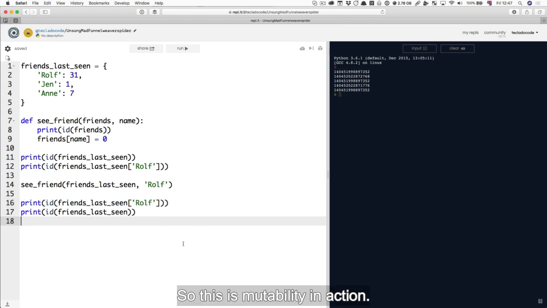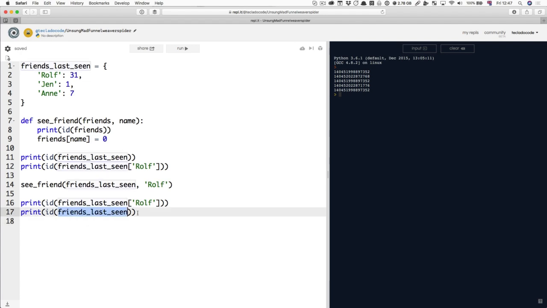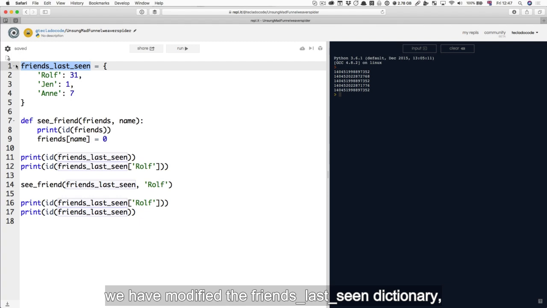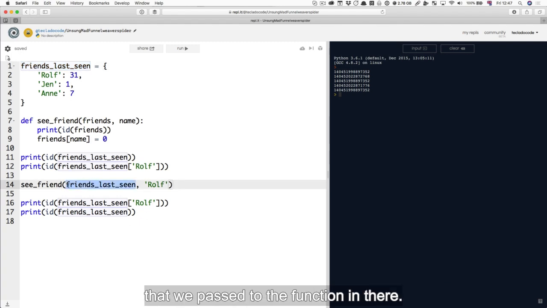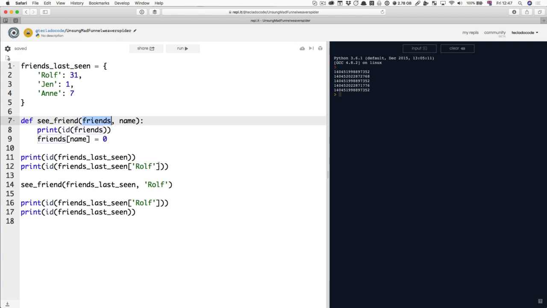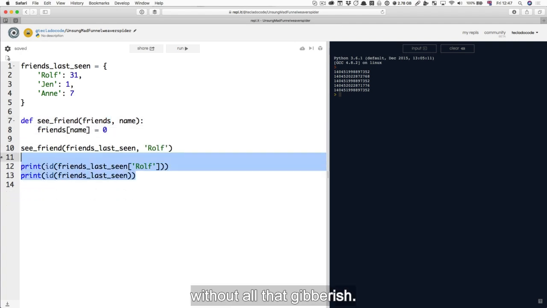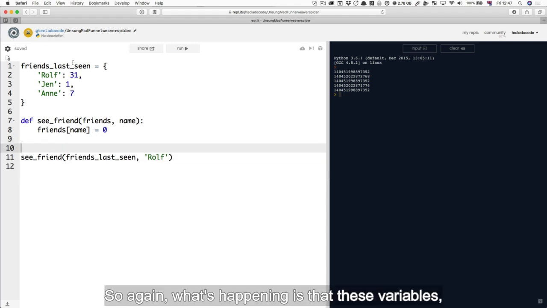So this is mutability in action. What we've seen is that the friends last seen dictionary has not changed itself, but one of the properties inside it has. Even though at no point we have modified the friends last seen dictionary. We've only modified the value that we passed to the function in there. Let me delete the IDs so I can explain things a bit better without all that gibberish. So again, what's happening is that these variables